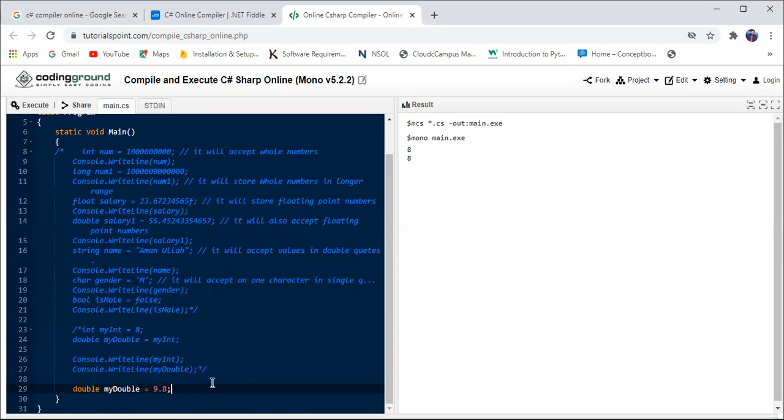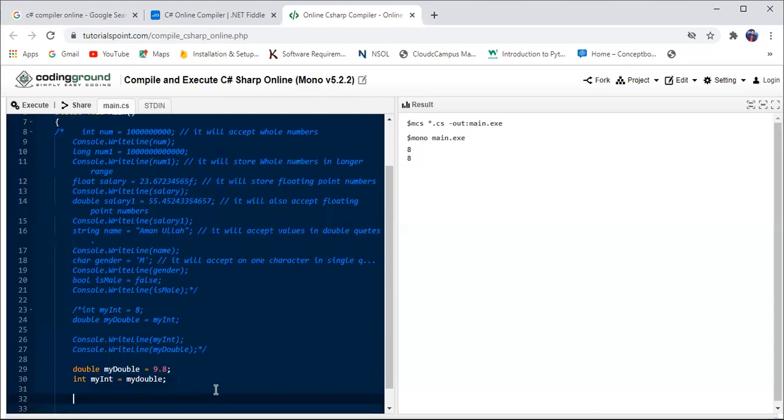Now if I want to convert this to integer type, int myInt is equal to myDouble. If I run this program, it will give an error. Let's check it.